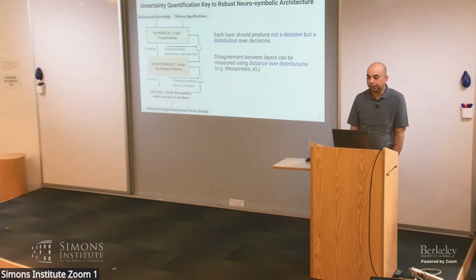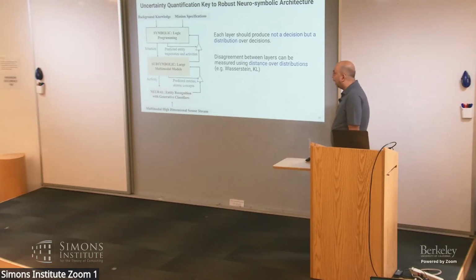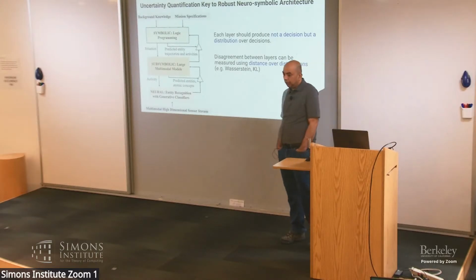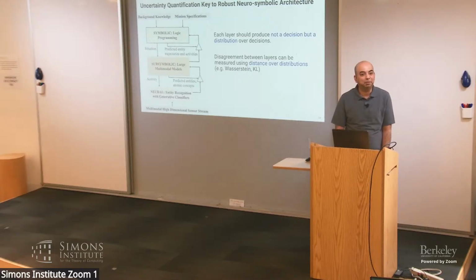We tried using first order logic, but first order logic has a problem: if you have an exception, if you have a contradiction, your entire knowledge base gets corrupted. So we required logic which would actually deal with exceptions. That's what pushed us to go to inductive logic programming. Now, the middle layer that used to be a graph neural network, as I tried to show quickly with some of our experiments, we realized that these visual language models are much better. Without much fine tuning, we can get better performance.